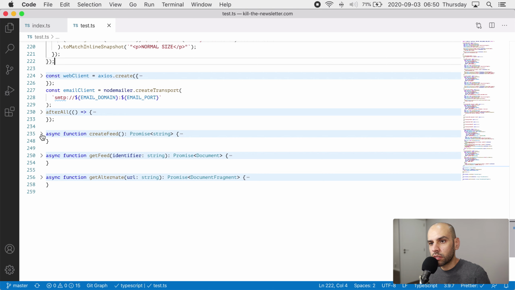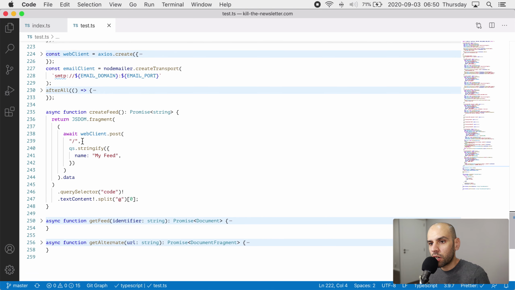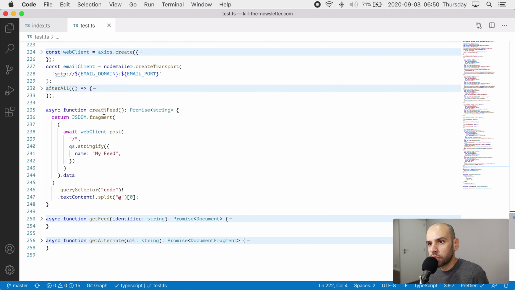Now let's talk about the auxiliary functions. They are pretty simple. They are just, for instance, to create feed, I use the web client and I send a request that is a post request. So it functions as if you were in the browser and you saw the form and you typed something into it and you hit submit. So that's what this part is doing. It's pretending to hit submit,